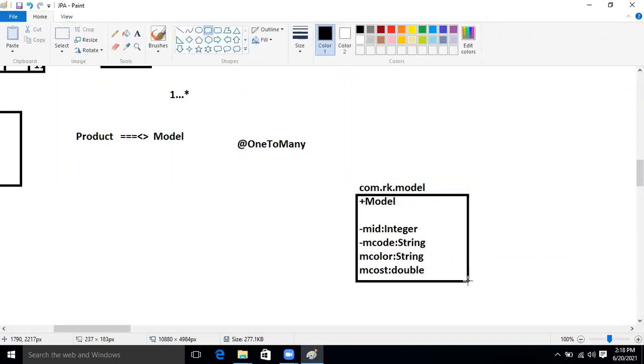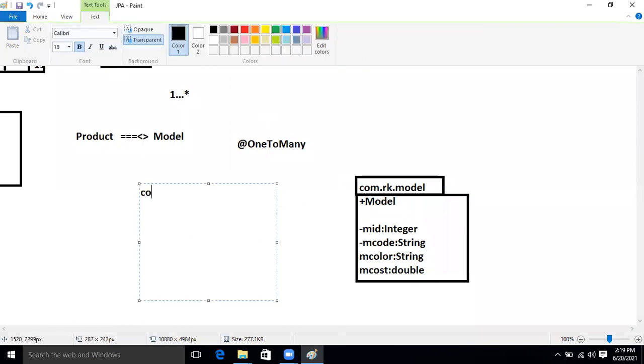Okay, good. So now, this one will depend on which one? This one will depend on our product, right? Product. So here see this one. What will the product data be now, guys? com.rk.entity.model, I'm taking product only.